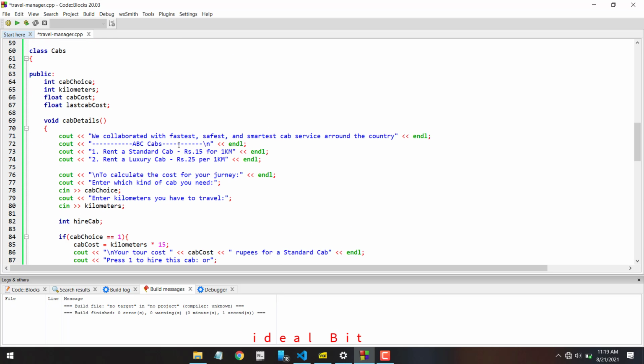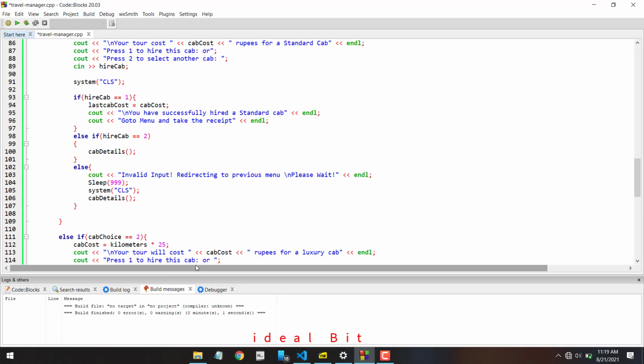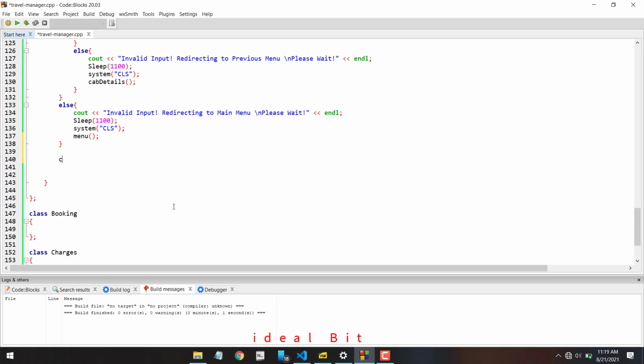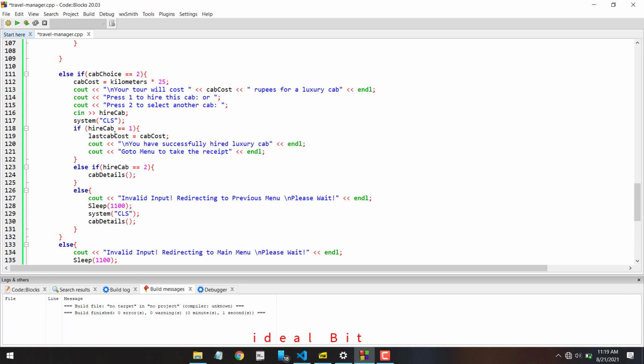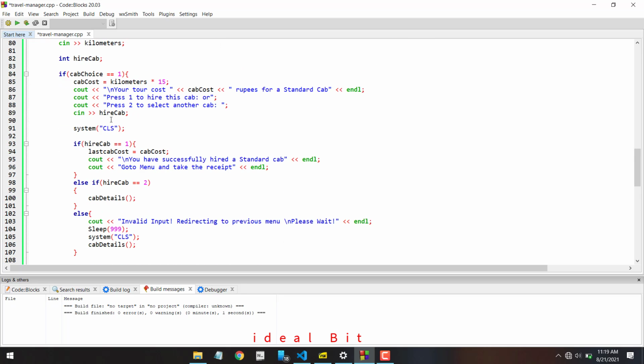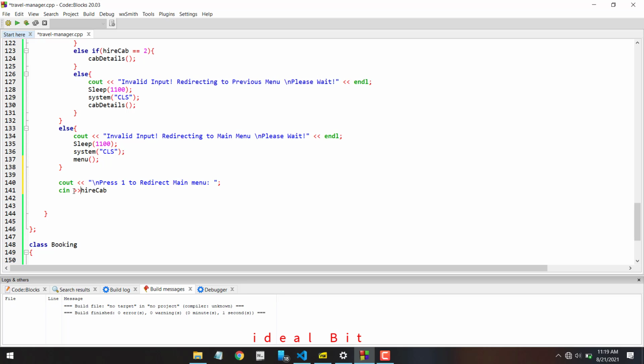And after all the things, if all the things will not happen, I can say cout. What I can say? Press 1 to redirect main menu. If above things will not happen, this should happen. Okay, so I can say cin. I can get higher cap because higher cap, we are create higher cap to getting inputs to choose these inputs, so I can get higher cap to here, and then clear the system using system cls,